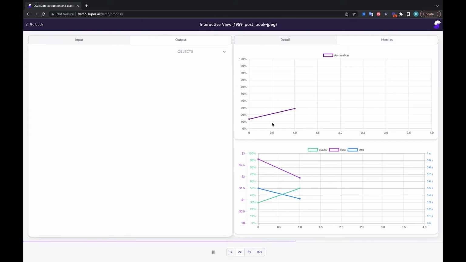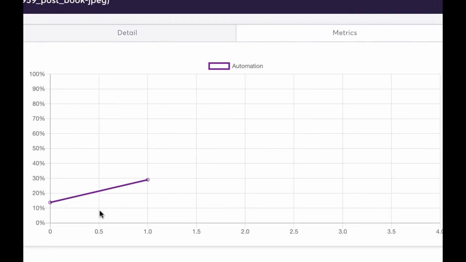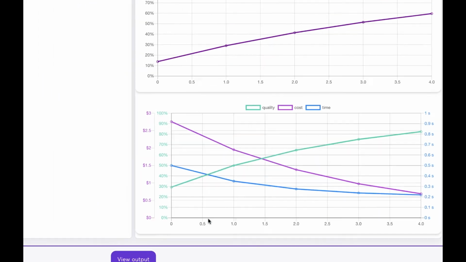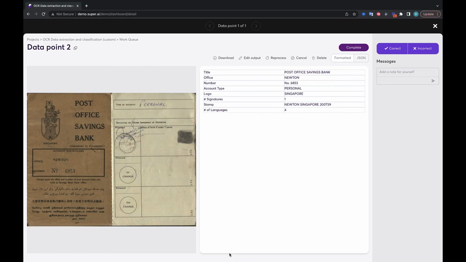And I think this may be a good time to look at the metrics behind the scenes. So as the AI is training, it automatically becomes more automated. We call this touchless automation. It estimates at 41% automation after just a few iterations, whereas it started at 13.7. And the router and combiner and measure is making this thing cheaper. The cost is going down, the processing time is going down, and the quality is increasing. So that's a quick demo of our document